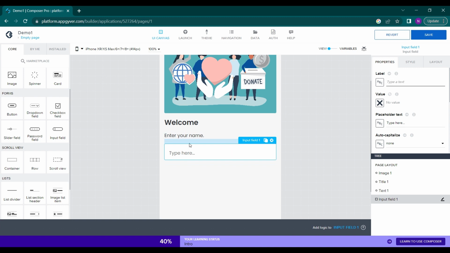And now it's time to set variable. What variable will do, it will take the name of the user from here and then provide the name of the user on the next page. So to set variable, we can go to here, variable,